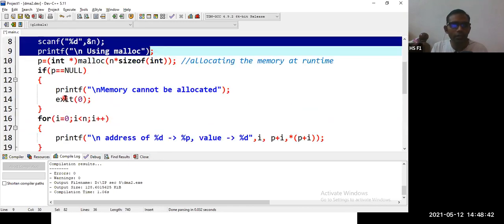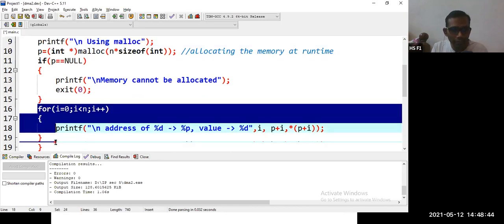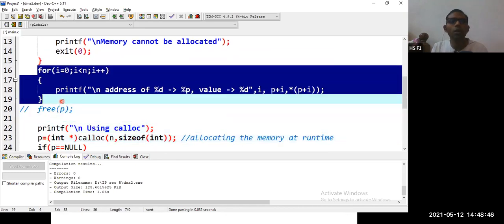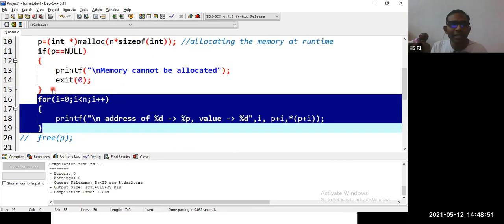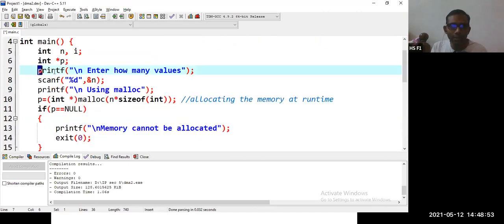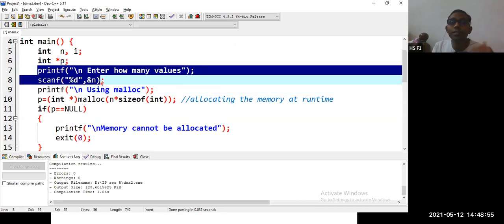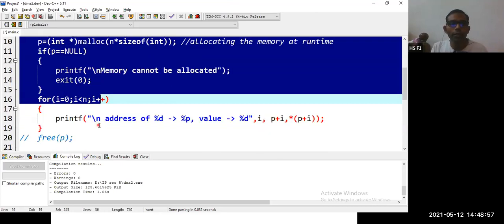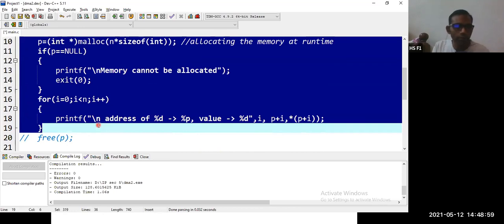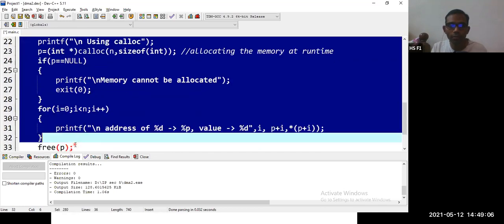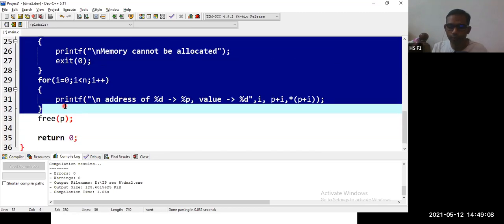Then if it is null, no issue, we are displaying the values. Now after this, what we need to do is we need to reallocate the memory. In order to reallocate the memory, again you are going to ask enter how many values, now for the second time. So there is no freeing of memory. We are not going to free the memory here.